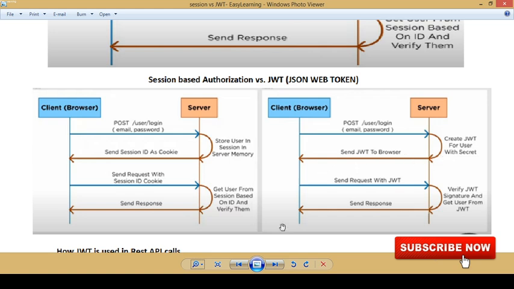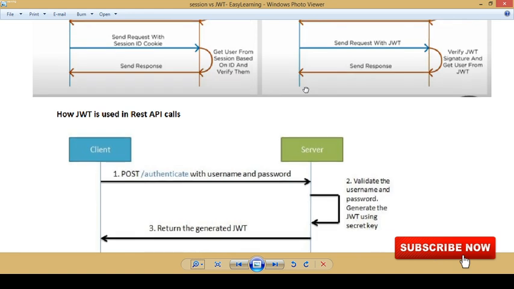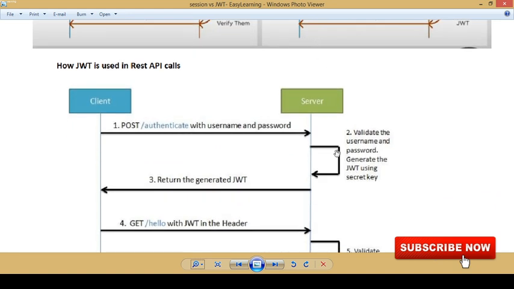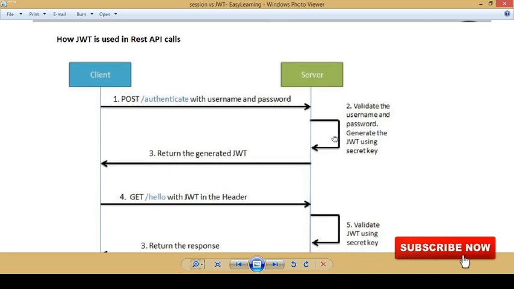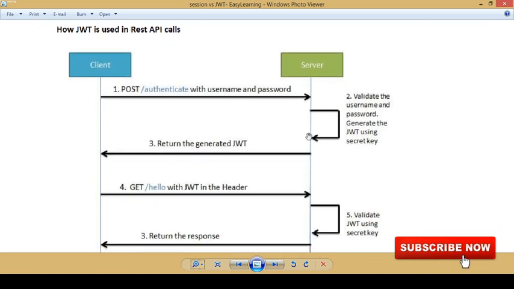So now more specifically we will see how API calls will be handled using the JWT token. You can see that the client will make a post request in order to request the creation of a JWT. The client has to send username and password in the body for this post method of, let's say, slash authenticate, and then the server will validate this username and password and generate the JWT token out of it using the secret key.